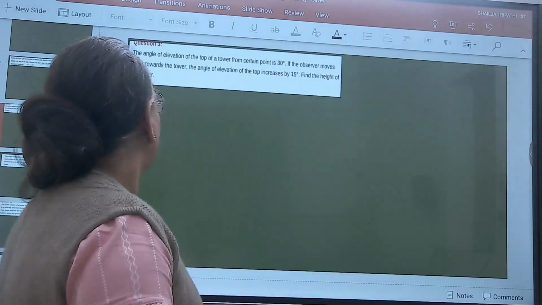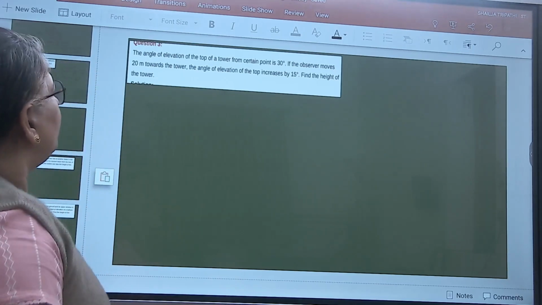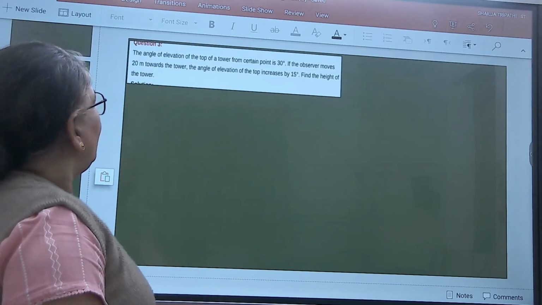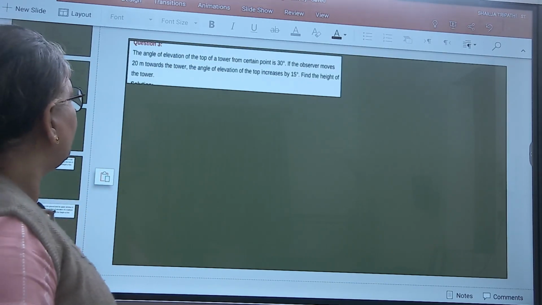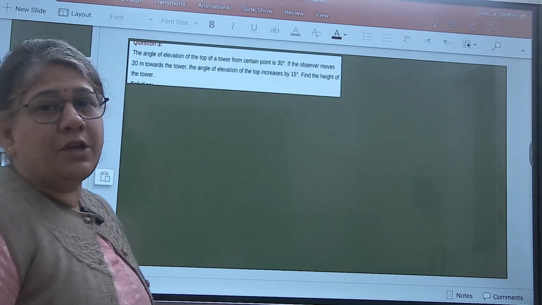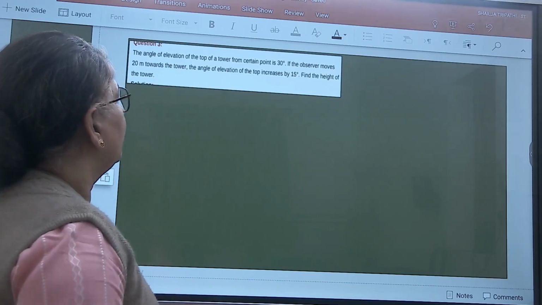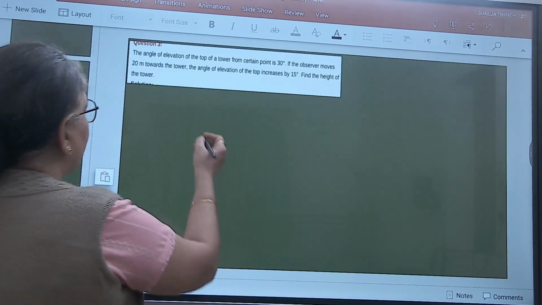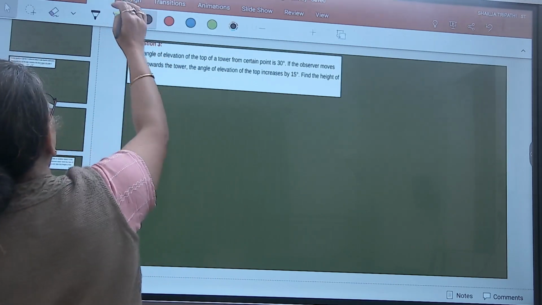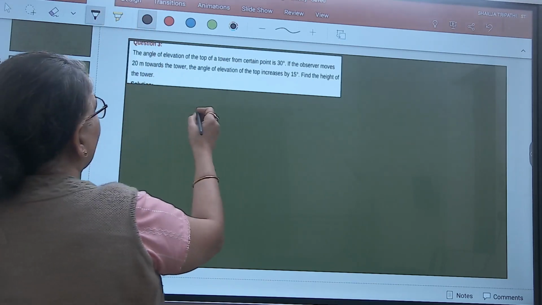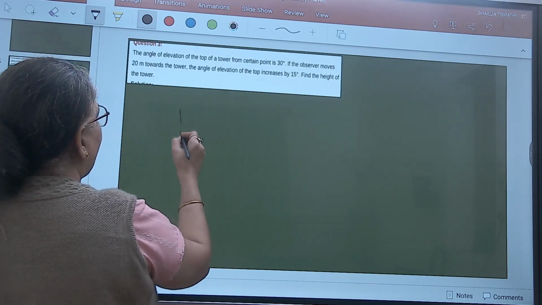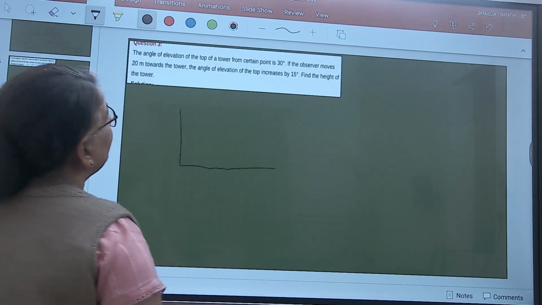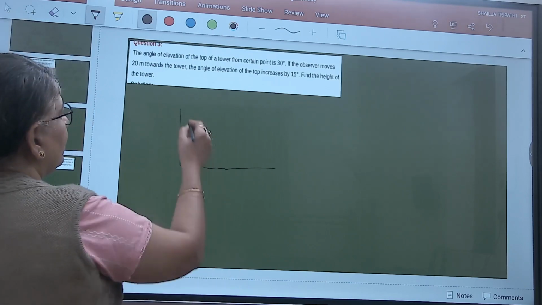In this question, the angle of elevation of the top of a tower from a certain point is 30 degrees. If the observer moves 20 meters towards the tower, the angle of elevation increases by 15 degrees. Find the height of the tower. So from this question, first let's draw the figure. If this is the tower,